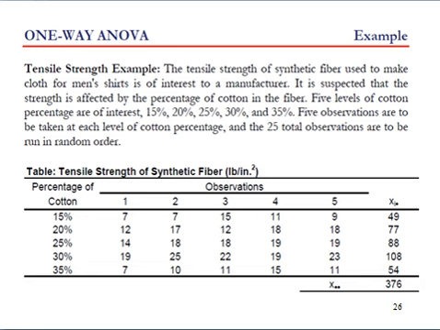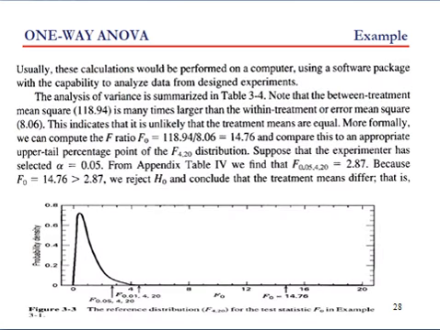And my total number of runs is a multiplied by n, so 5 into 5, 25. So I have a total of 25 experiments. After using, let's say, Minitab, it is giving me F naught, which is 14.76, and the cutoff value